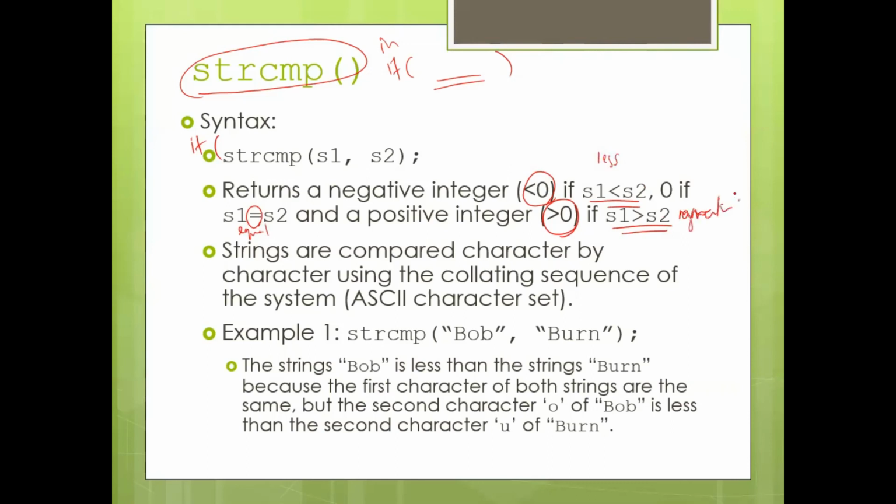String are compared character by character using the correlating sequence of the system ASCII character set. So remember ASCII is focused more on the alphabets. American Standard Code tu kan. So when we talk about the American Standard Code, is all about the A, B, C, D, E, F, G,